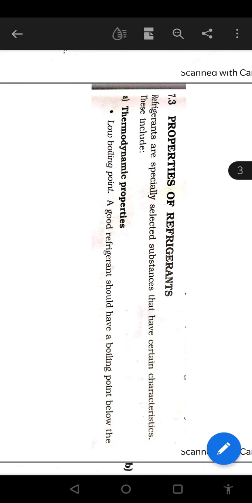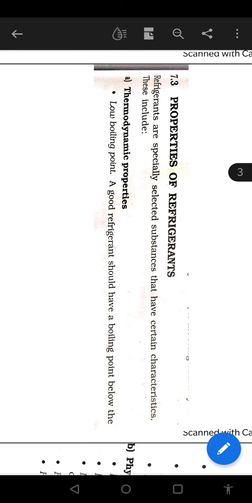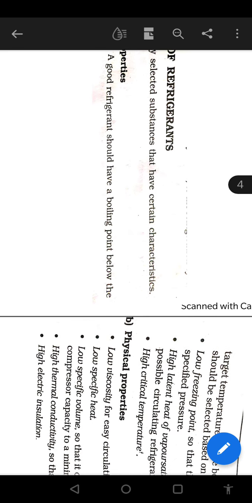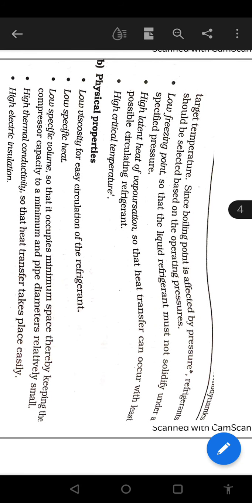Now let us look at the properties of refrigerant. The refrigerants are specially selected substances that have certain characteristics. These include part A, thermodynamic properties. It should have a low boiling point. The good refrigerant should have a low boiling point below the target temperature. Since boiling point is affected by pressure, refrigerant should be selected based on